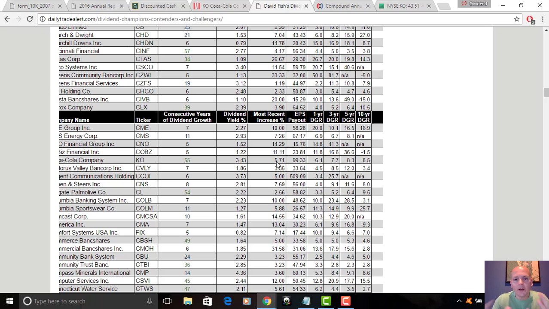So that's some of the things that I write about when I write these articles. I take these numbers and walk you through them and say, hey, this is the yield, this is the dividend growth, but this is maybe where we're going in the future because of these numbers. So I'd say, hey, look, the payout ratio is very high for Coke, so temper your expectations for future dividend growth.